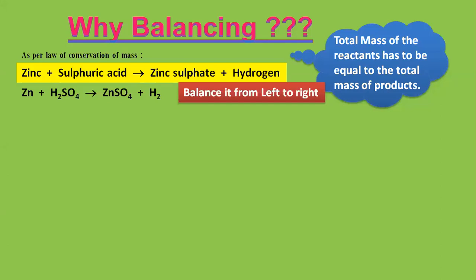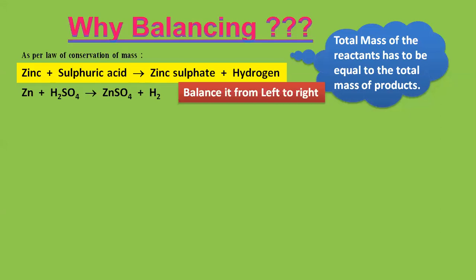Looking at this equation, I've realized one thing which I told you to do last time. I had asked you to memorize the valency chart, isn't it? I don't know how many of you have done it. For those who have done it, my dear students, I'm pretty sure you will be able to write the chemical formulas very easily when I only give you the word equation. So I would request that even if you're not revising it every day, make sure before the chemistry lecture at least you sit with the valency chart and go through it and then sit for the class, so that your job becomes easier and chemistry becomes interesting.